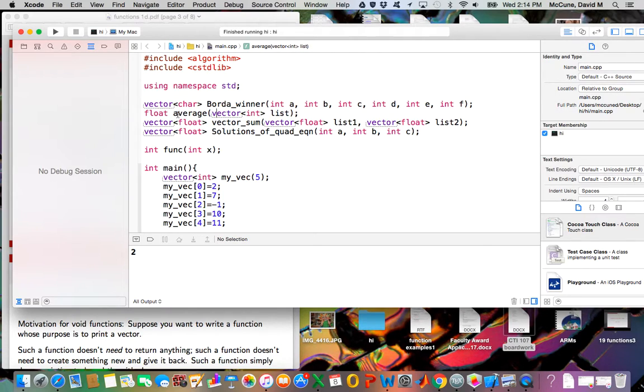What about this average function? What do you hand to it? An integer vector. What does the function do? It takes that vector and creates something new, which is a float, and it's the average, and it gives that back to you. Right? So you feed stuff in, the function does something, it creates something and gives it back